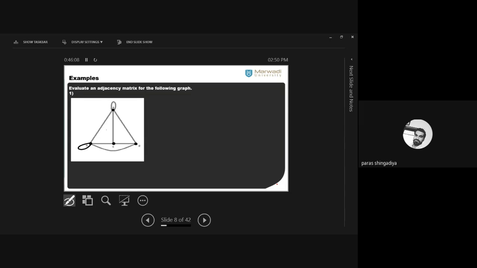Evaluate the adjacency matrix for the following graph. Okay, the title will also be mentioned in the questions. So which matrix you have to derive, okay? Because incidence and adjacency are both different. So derive the adjacency matrix for this graph. Let's mention the notation properly. That is notation A here. That is B. It is C and D.